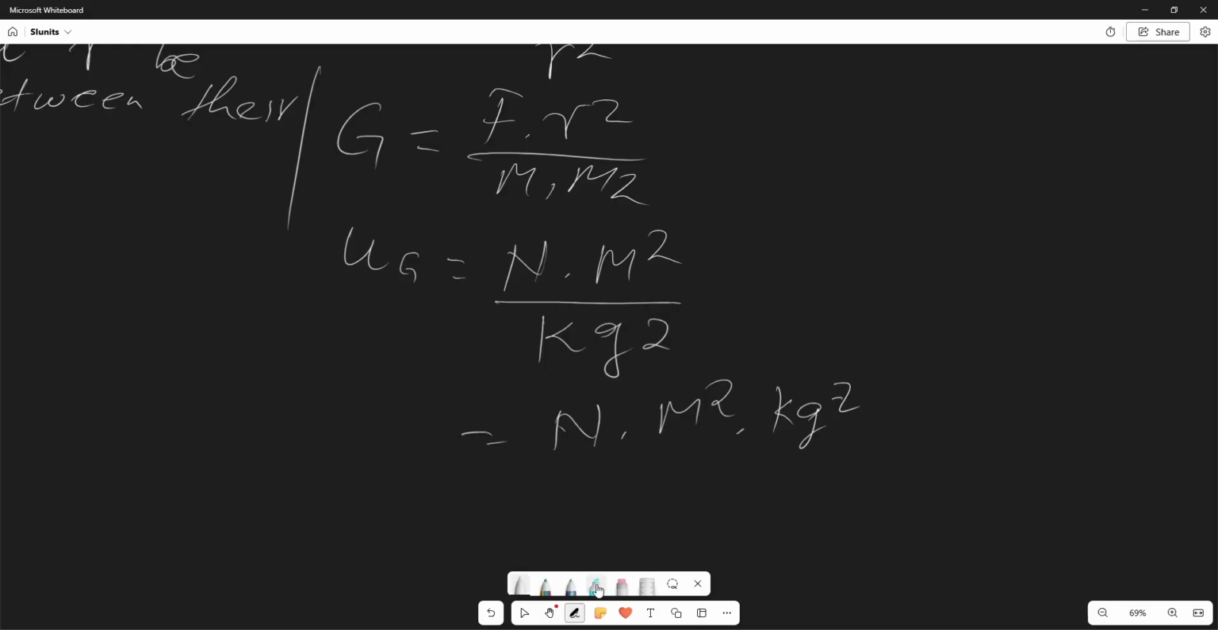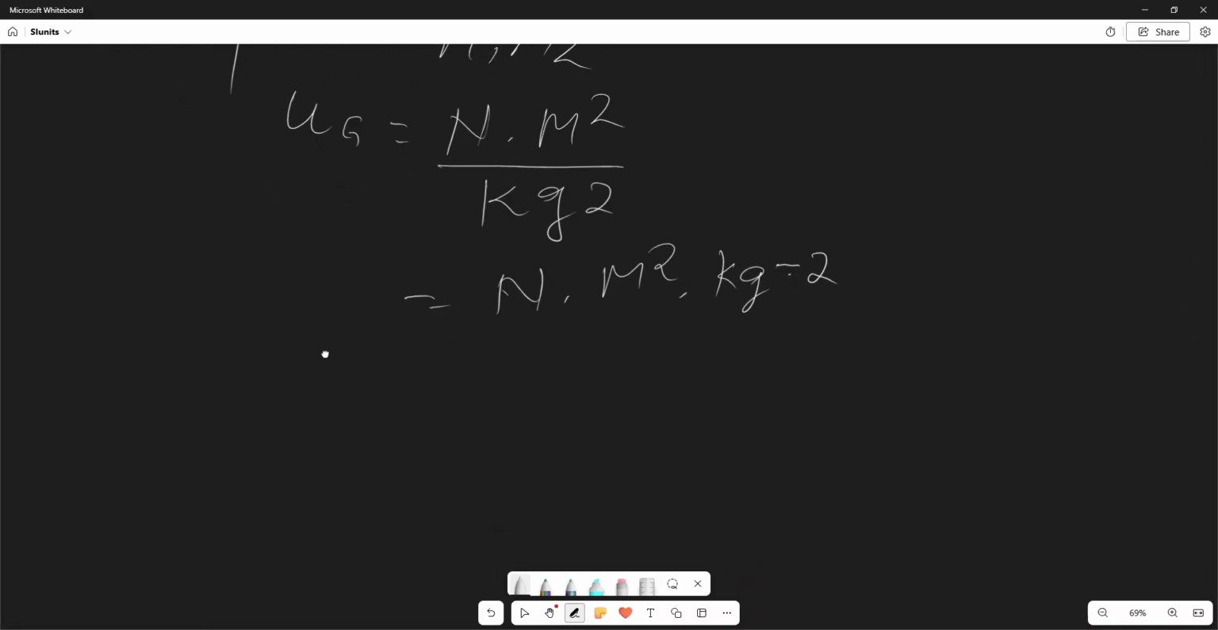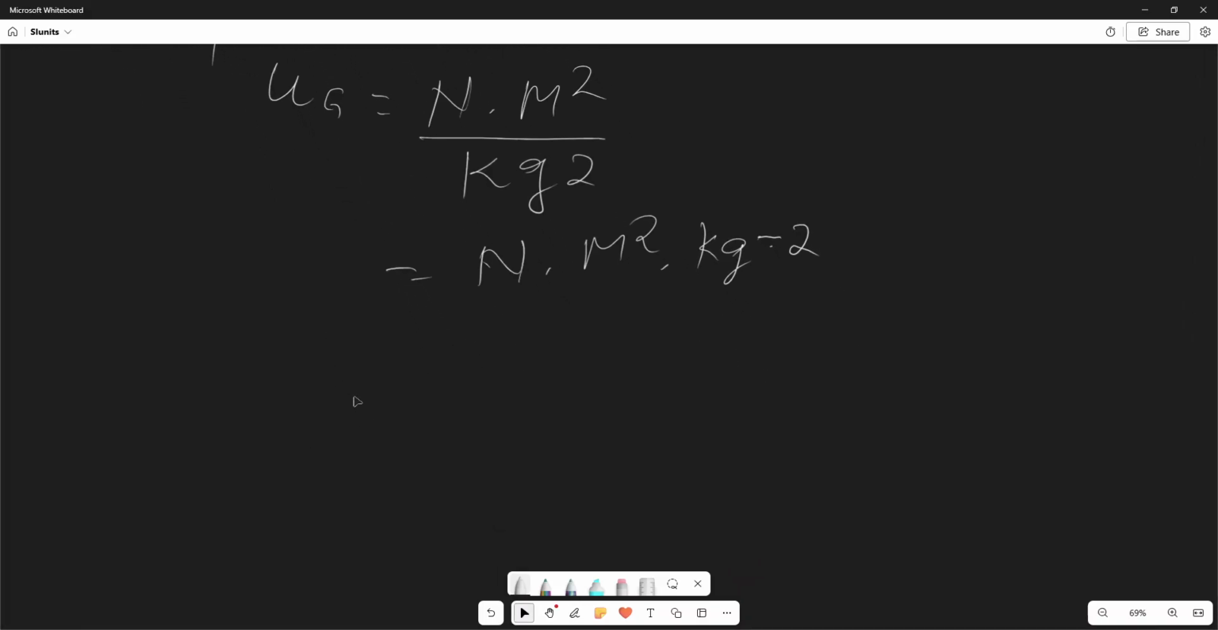Okay, let me fix this as kg to the minus 2. All right, we can, if you wish, go further and write this in terms of base units only. Now, in terms of base units or fundamental units, kg is already a fundamental unit and meters is already a fundamental unit. So all you will do is to replace newtons in terms of the fundamental units. So then you will write newton,